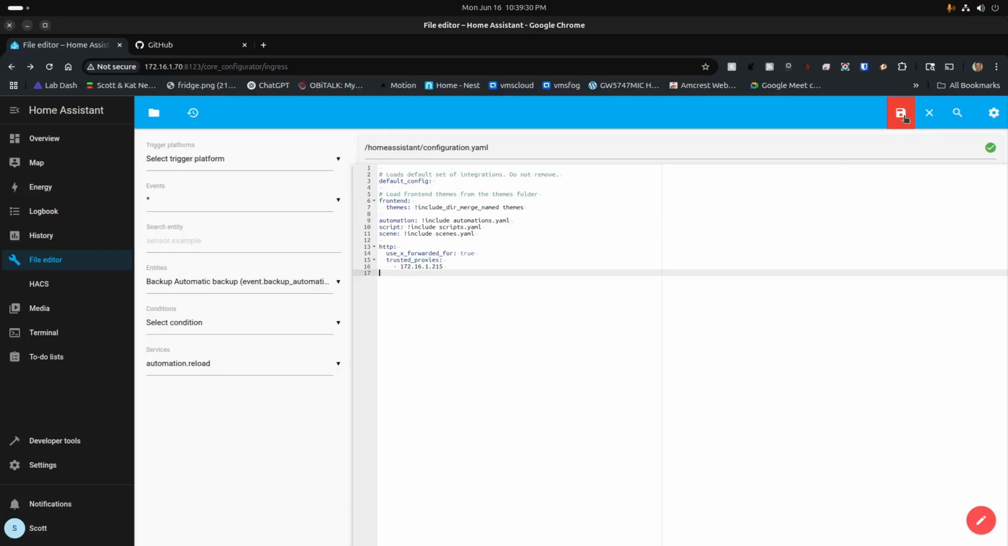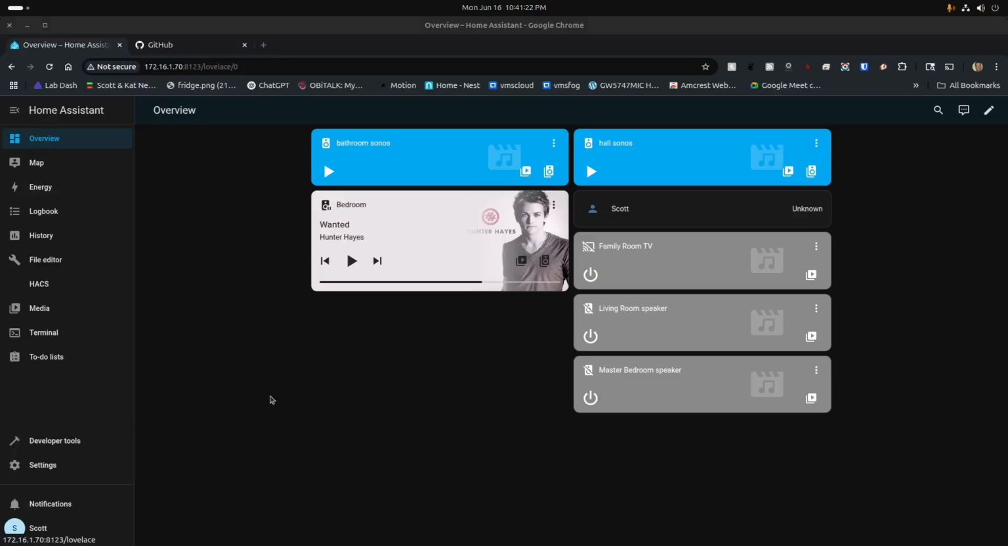And so at this point, if we wanted to save that, since the save is in red up here, that indicates we have unsaved changes, and you would go ahead and click save in order to save it, and it will say file changes have been made successfully. I think that by having the file editor, HACS, and the terminal installed, that gives you a good start to